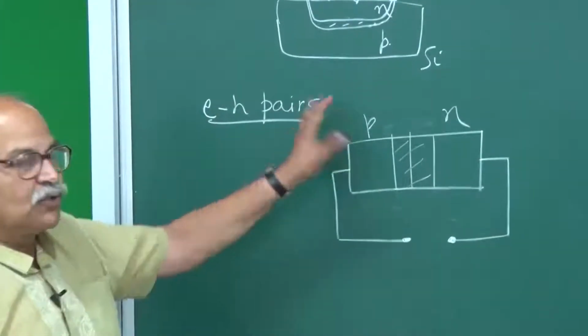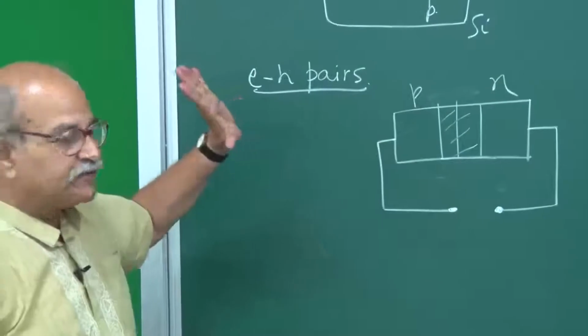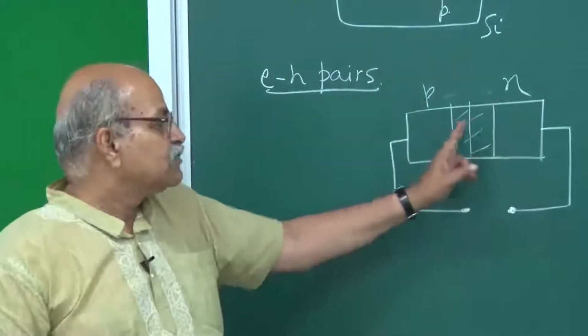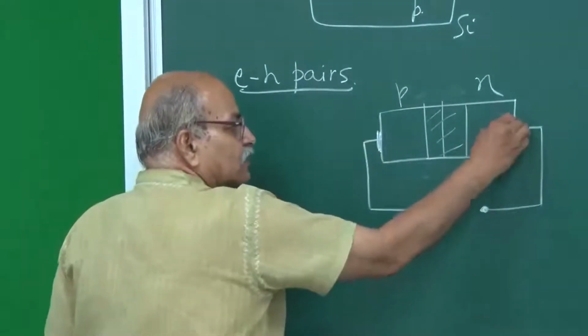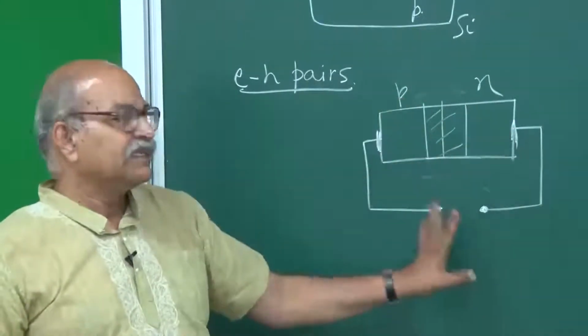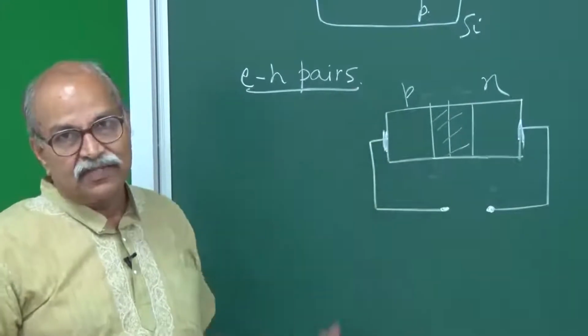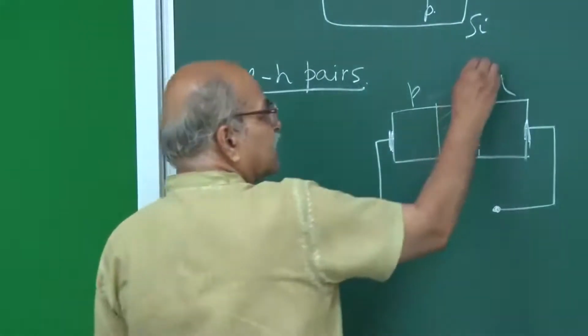So, the voltage is 0, the current is 0, everything is fine. You have a potential difference, a potential barrier here, but then you have metallic contacts, and at the contacts you also have contact potential. So finally, V is 0, I is 0, everything is balanced. But now, if I shine light